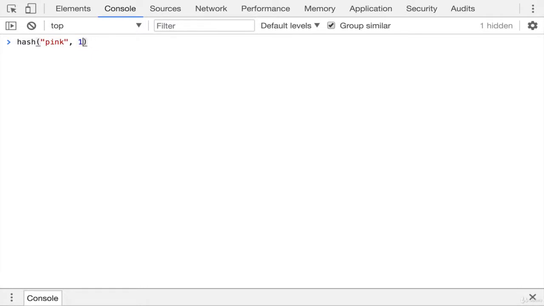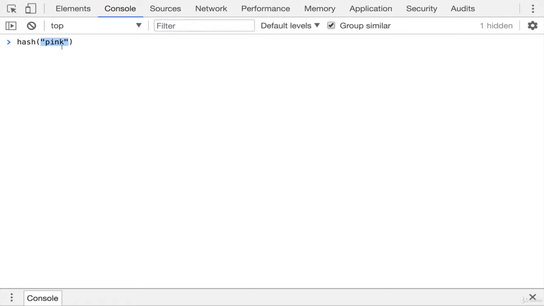array. If we did pink, 9, this hopefully should give us a number between 0 and 8 so that we can store it in the array in a valid position. So to write this, let's ignore this last thing to start. How would we just convert pink to a number? There's many ways, but remember it needs to be reliable, deterministic, meaning that it is reproducible every time we get